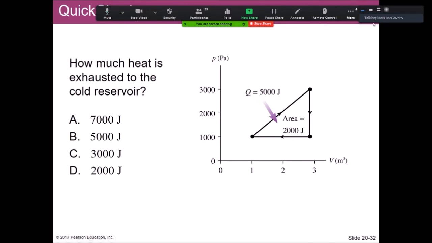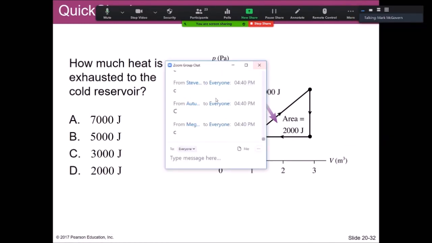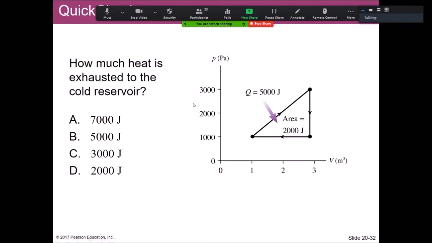All right, well, I'm not going to keep you in suspense. It's pretty clear here. The answer is C, 3,000. Now, where is that coming from? Well, it can come from a lot of different places. I mean, technically, it can be part of either of the two branches. There has to be some QC in both, though, because if there's 0 in a branch, that's an adiabatic process.